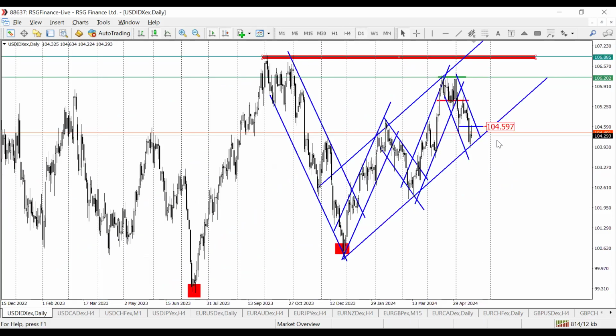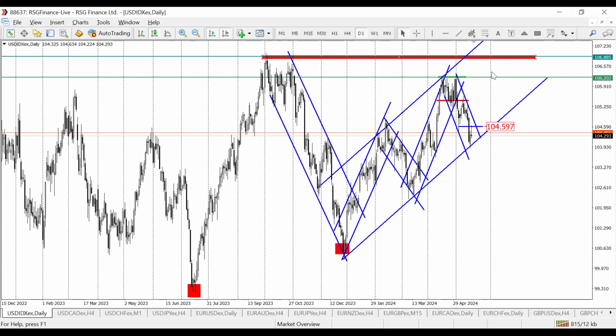And will price break below this channel and continue to extend the sell-off? No one can predict, but my scenario is that the lower boundary of this channel will hold. This is my personal view of the trajectory in which we expect the dollar to trade. So I expect it to hold and rally further up. So you could use that info to plan around your trade. But the week holds all the results that we anticipate.